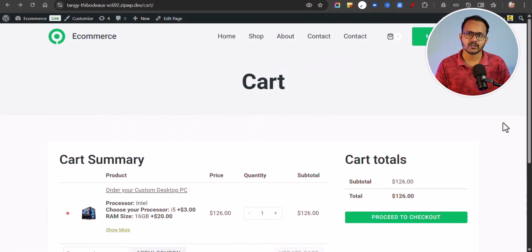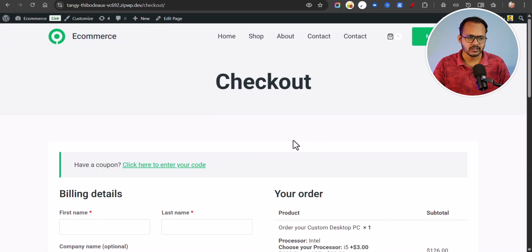Today we are going to see how you can fix the checkout page in your WooCommerce store. Recently I got a comment that my checkout button is not working. How can I fix that? In most cases, your checkout page is corrupted, or if it is deleted from your website, then the checkout page won't work. Here you can see, if you click on the proceed to checkout button, then it is